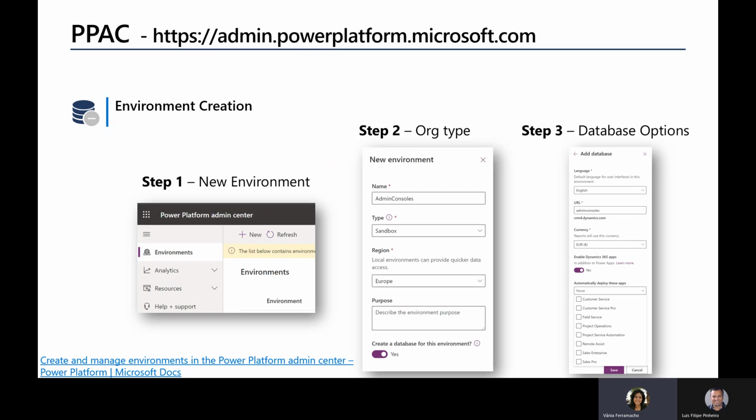For that, you must go to the PPAC console, Power Platform Admin Console, with an appropriate license, and you can provision a new environment based on the tenant's available capacity. Environment creation requires a minimum of 1 GB of available database capacity. Then you just need to define the name of your organization, the environment type. It can be production, sandbox, or trial,